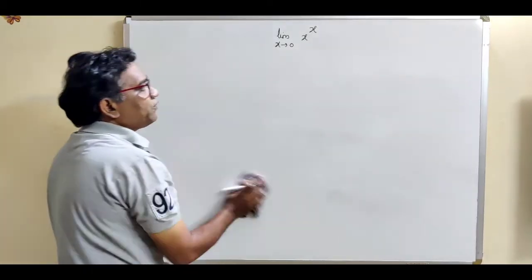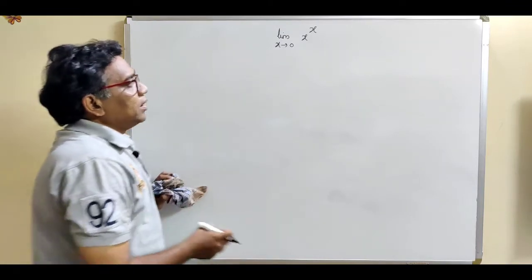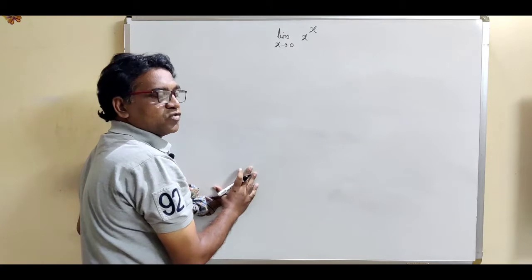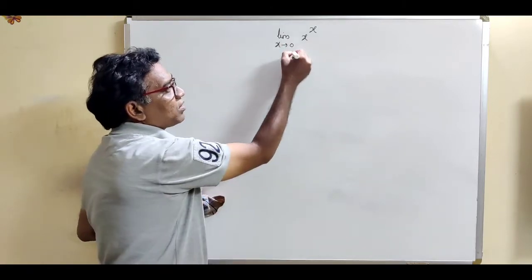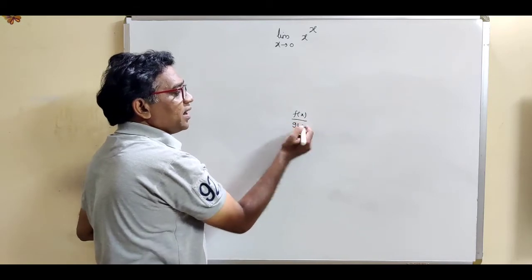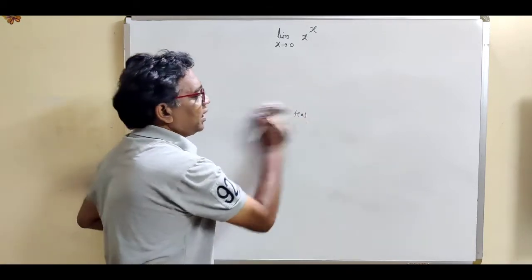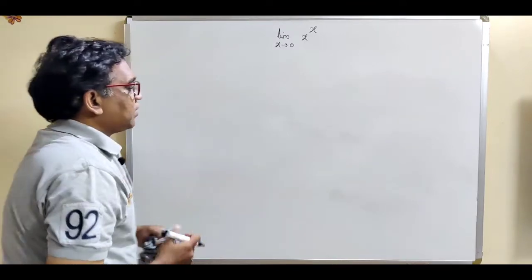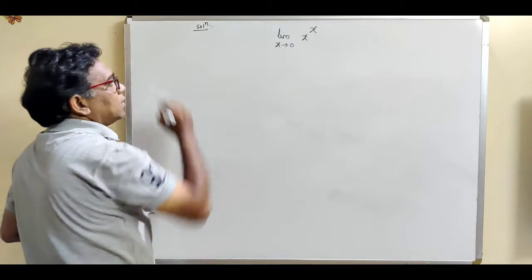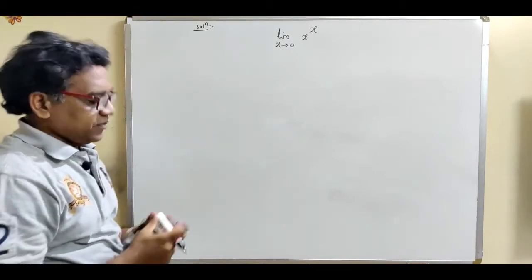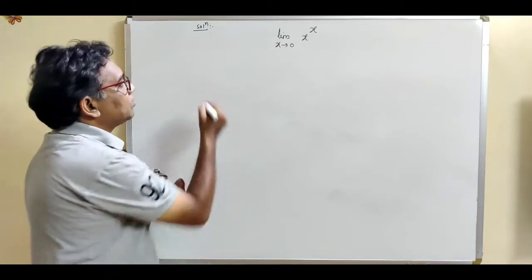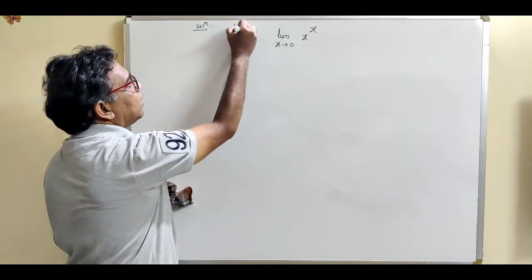First of all, identify the given type. This limit form contains function raised to another function. So what is the method? First of all, convert this form into division form. Then and then we can apply the L'Hopital rule. So write down the solution. Now see how to convert this function raised to another function in terms of division form. So this is the method. Write down the solution.